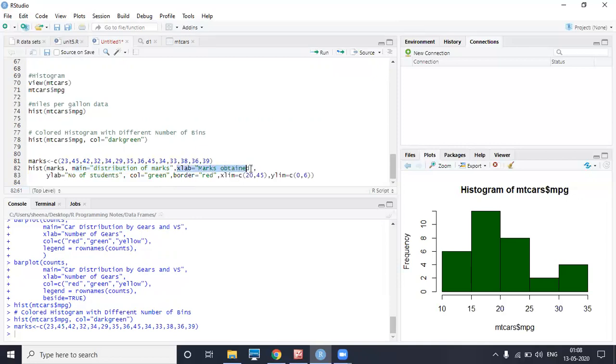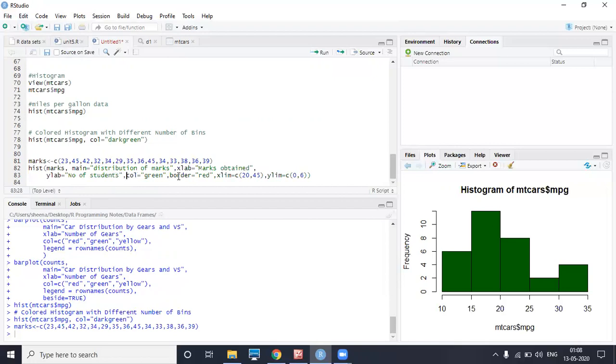Xlab is for the x-axis name, ylab is for the y-axis name, col is to specify the color. Here we can specify xlim and ylim also if we want.